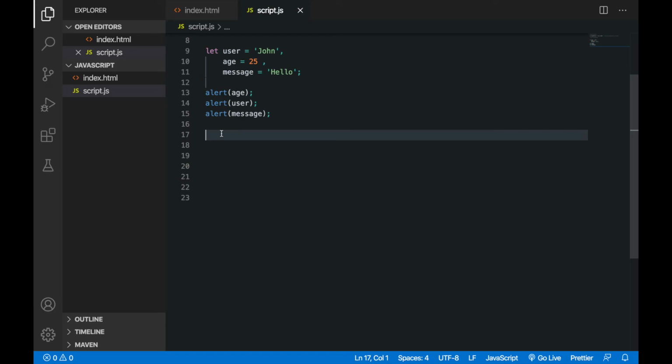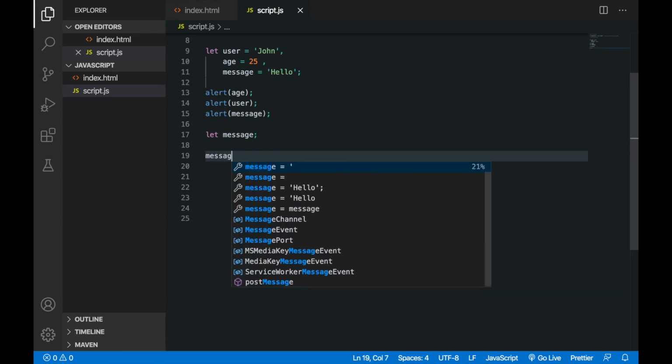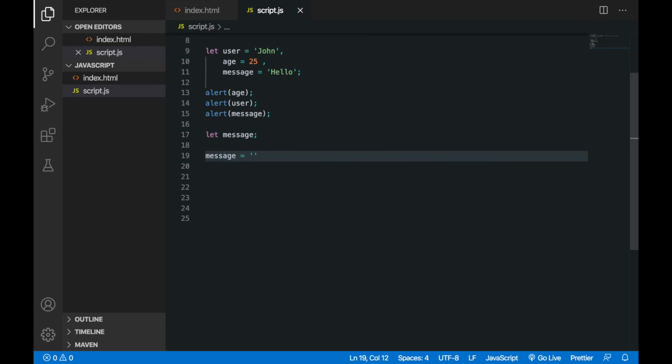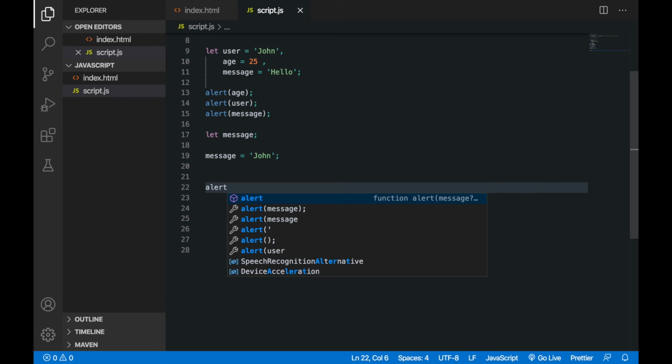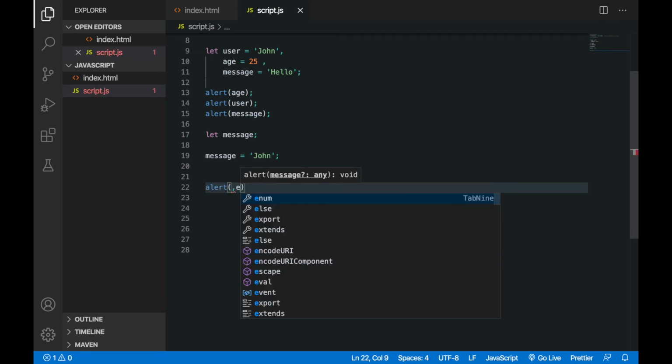And after this, let me show you this thing here. So if I say here, let's say I am first declaring my variable let message, okay, and then I am storing something inside this, and I am saying hello, or rather I would say John, okay, and then I am saying alert and then message, okay,